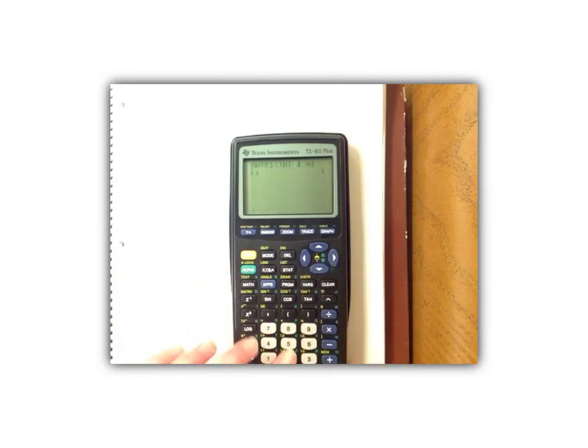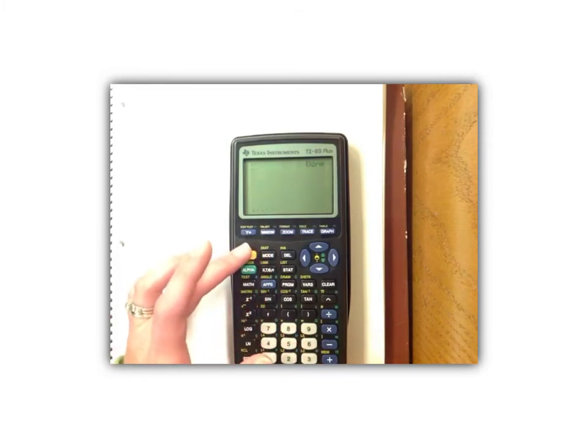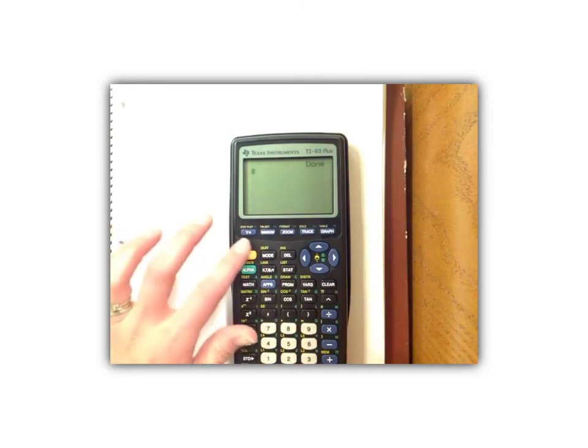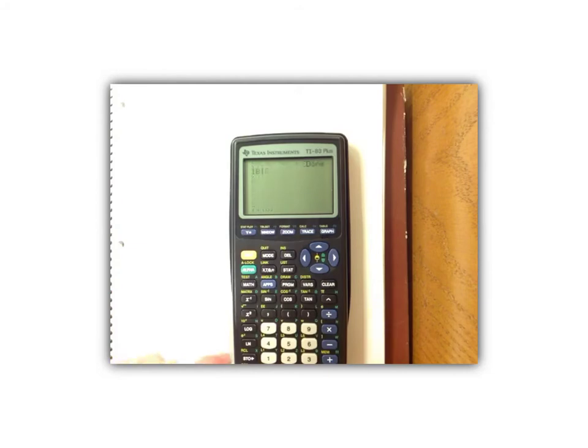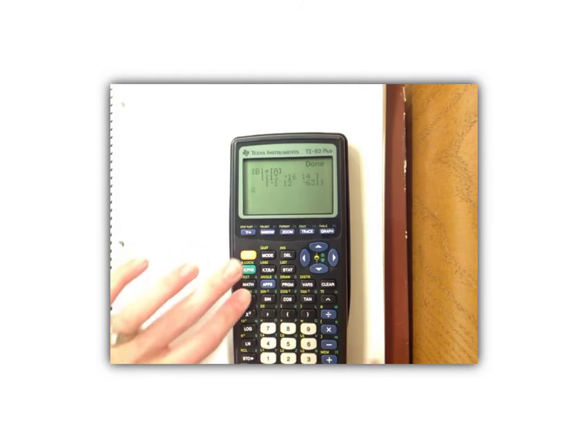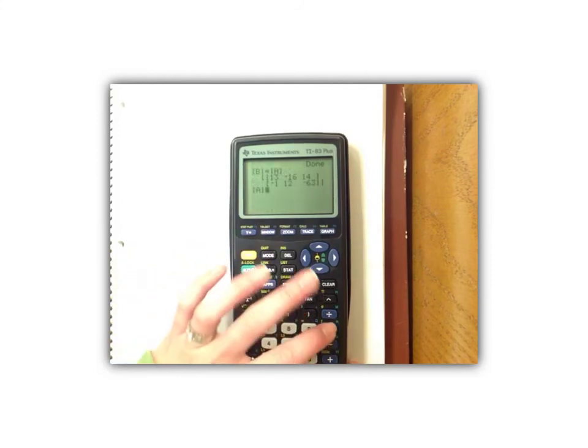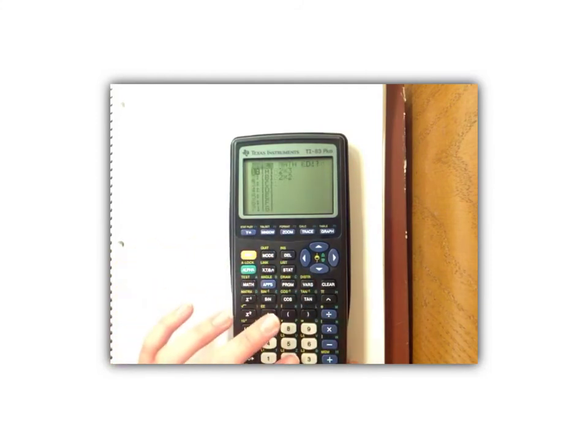And matrix B was a 2 by 2. And remember, we were multiplying matrix B times matrix A. So I select matrix B, enter, times matrix A, enter, and there's my solution, which is exactly what we got in the last slide. Just for comparison purposes, we can do matrix A times matrix B,